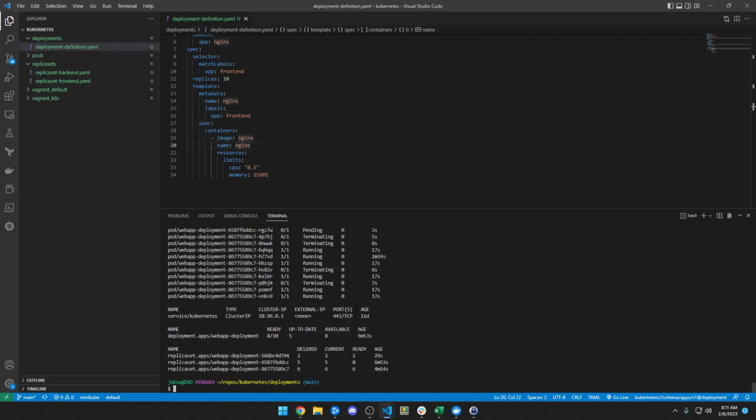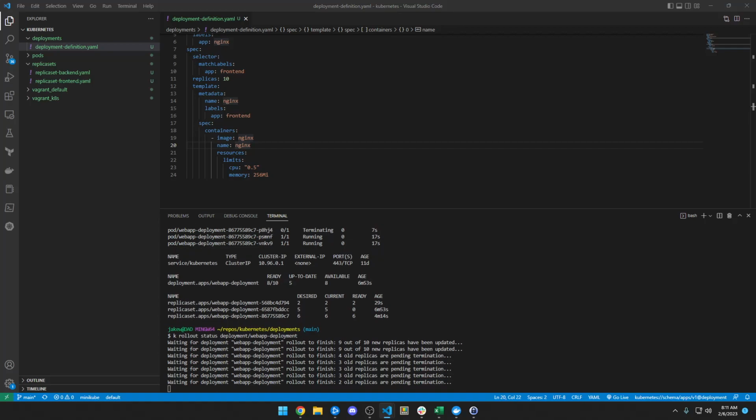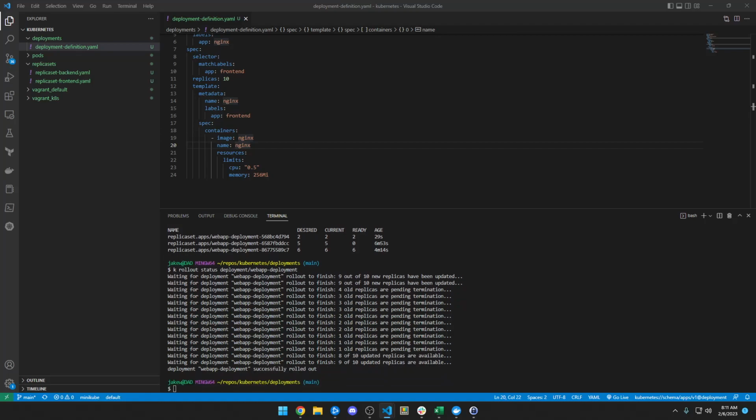We can look at all of our stuff and see what it's doing. We can do the get status and just make sure that it's successfully been deployed. Here's our rollout status. It's almost done. And that's the bulk of what you need to know for deployments: rolling things out and undoing them, getting the status, looking at the history, updating images, yeah, that's pretty much it. So hopefully that makes